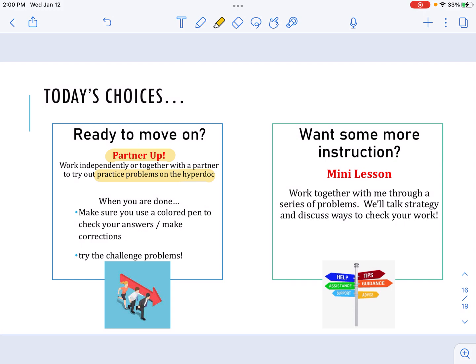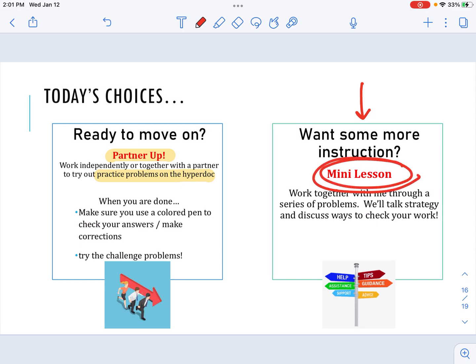You will need a colored pen for corrections. You will also need a piece of scrap paper. You're going to try problems from each section of the HyperDoc and then check your answers with the key that's shown. If you feel like I understood it, but you want a little bit more instruction, you're going to access